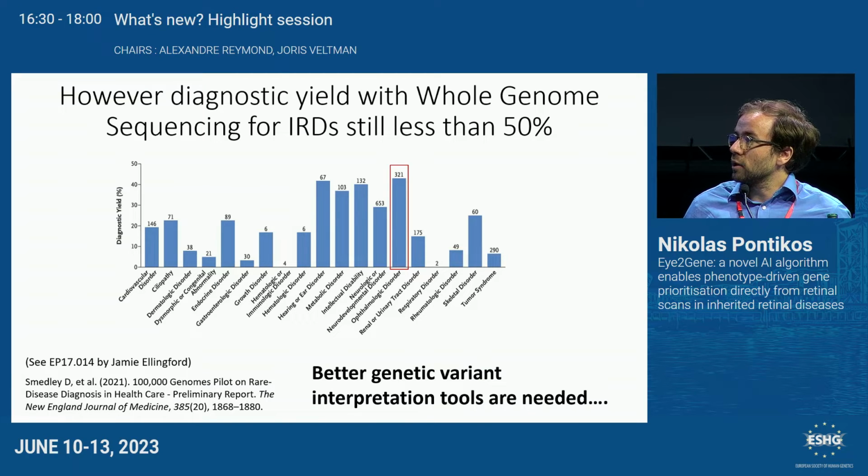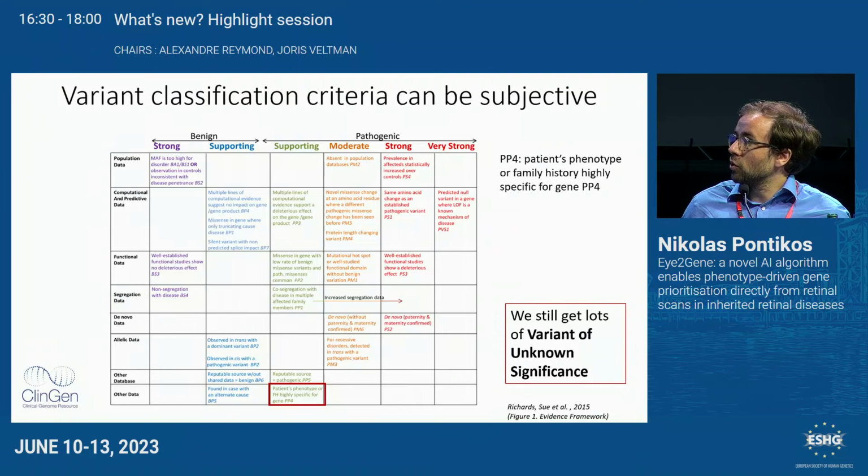We're working hard on trying to improve that diagnostic rate with various variant interpretation tools. We saw the nice work by Jenny. We're looking at RNA sequencing data. There's also a poster by Jamie Ellingford on looking at non-coding variants, I believe. So I'm going to be focusing more on the PP4 criterion, which is part of the ACMG criteria. So there's a lot of effort in trying to standardize the way we interpret